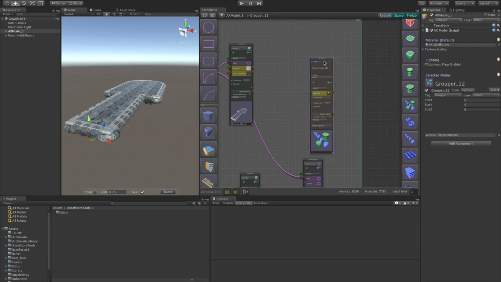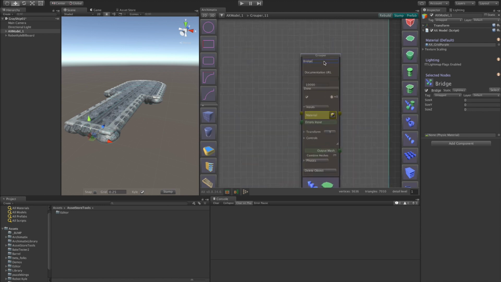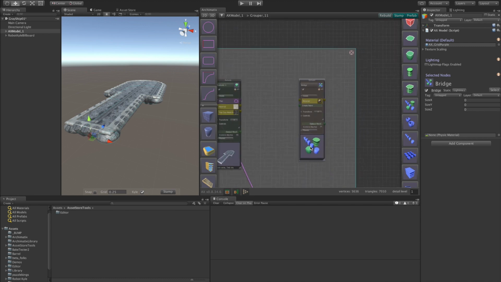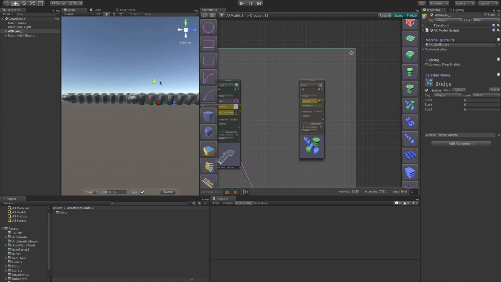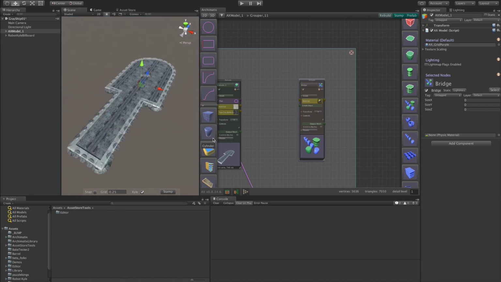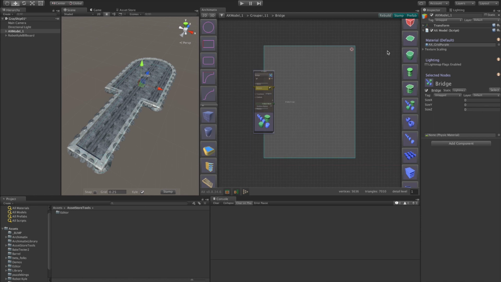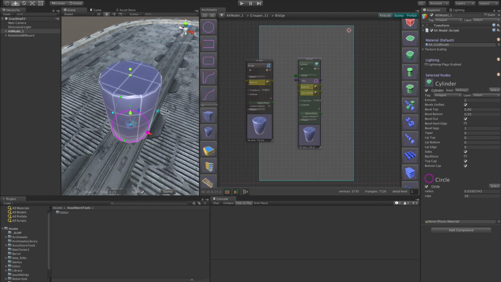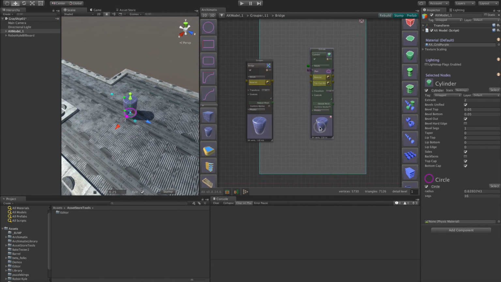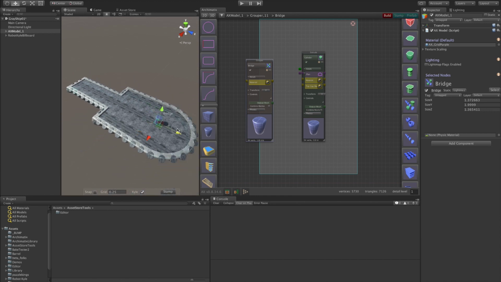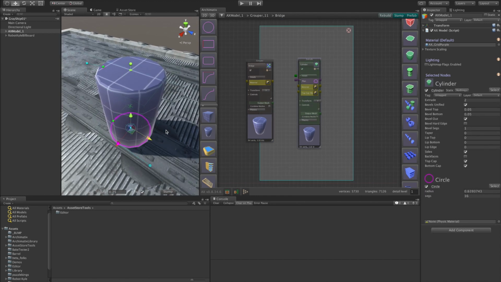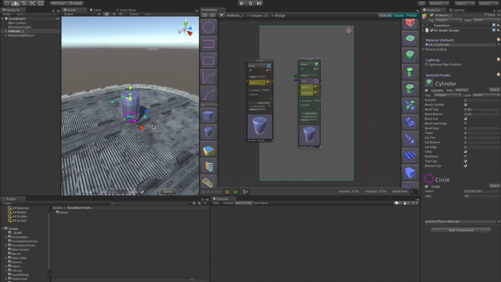We've created a new group node right inside of our old group, and I'm just renaming it Bridge. And with that group node selected, we can translate it to the front. This will essentially be our center now. So if we go inside of the group and create a cylinder by clicking on the left sidebar menu, we see that the cylinder has indeed ended up there. By selecting the group again, I can reposition it, maybe to be a little bit further up. I'll select the cylinder again and frame it,